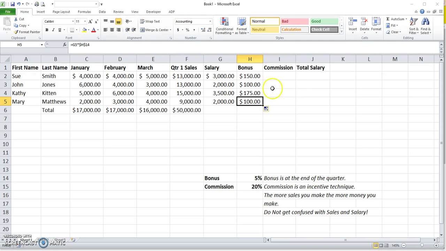This concept continues with the commission. I want to give everybody a commission. The more sales you bring in, the more your commission will be. And I'm giving a 20% commission on what you make in your sales. So Sue Smith made $13,000 in sales. I will give her 20% of that. So it's equal